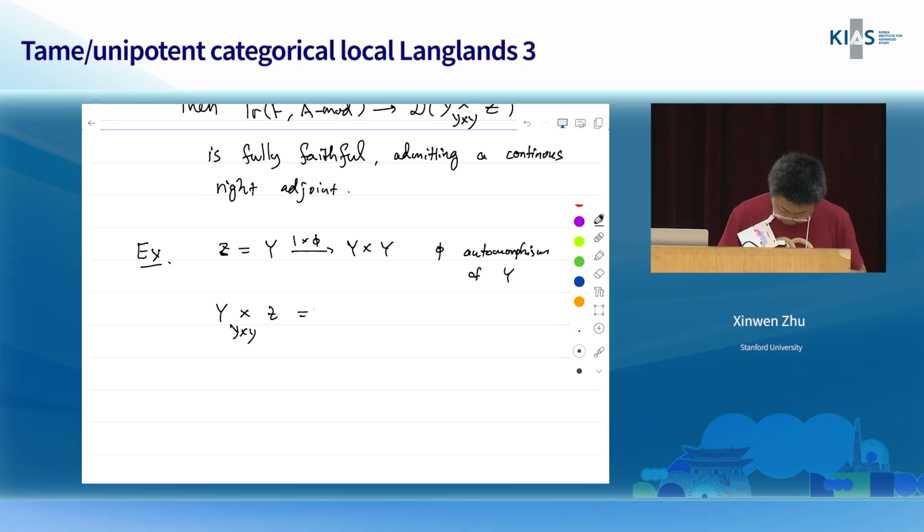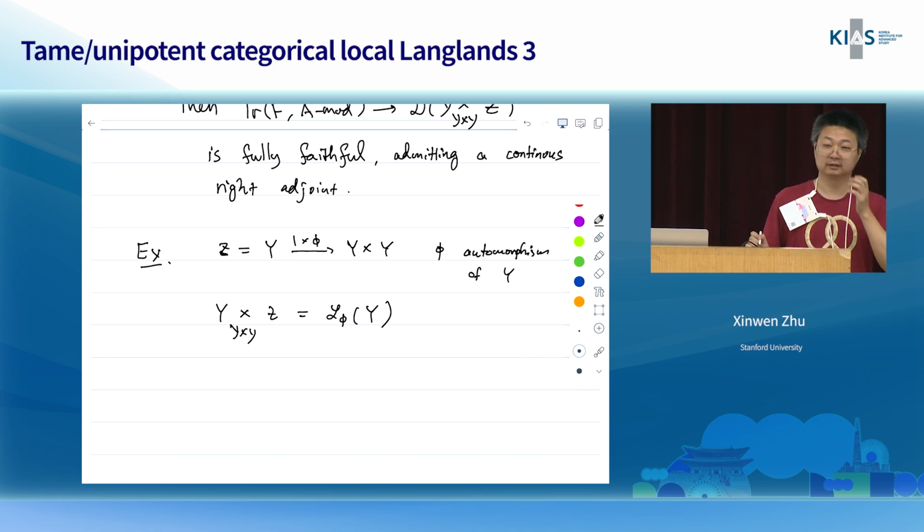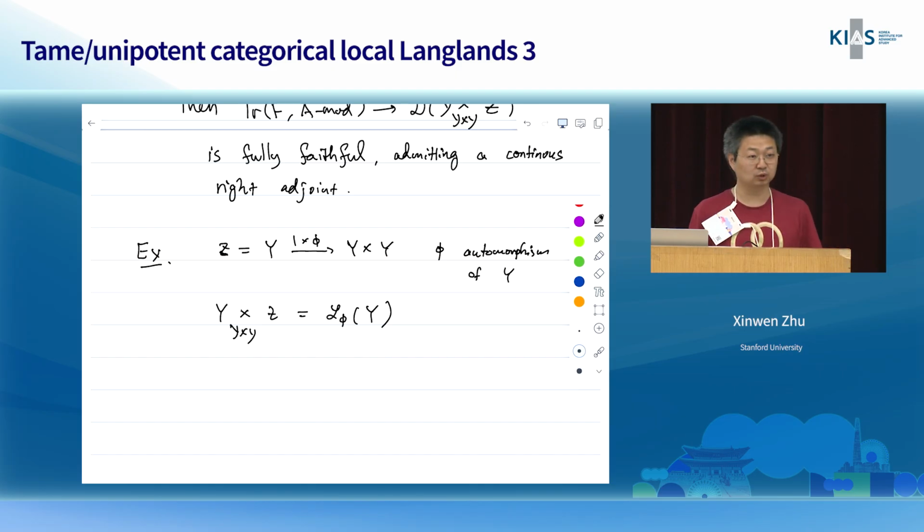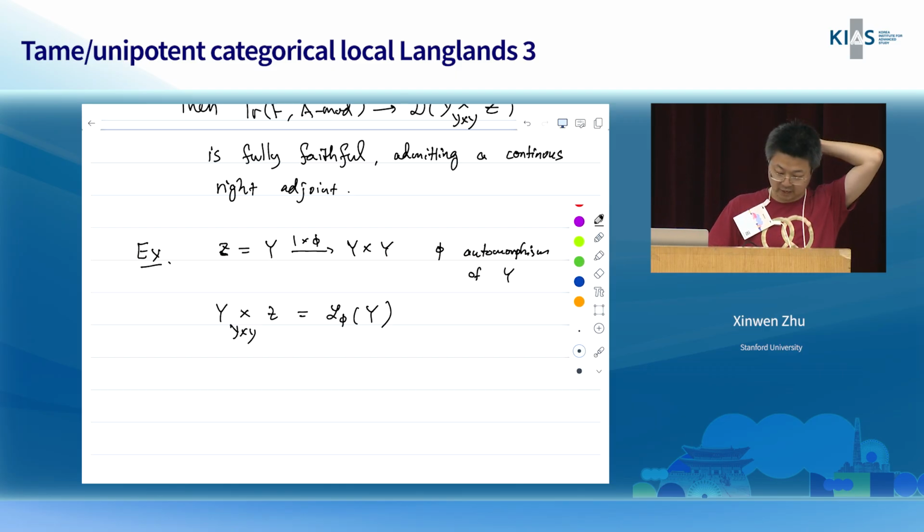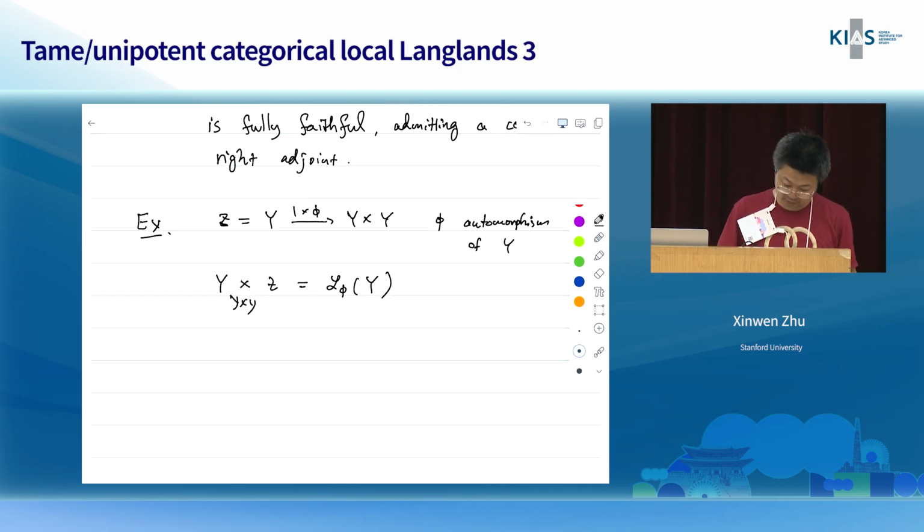Of Z. So this was actually already discussed before. This is kind of the twisted loop space of Y. If phi is also the identity map, that's literally the loop space of Y, which I think was mentioned last week. So this is a twisted loop space. A more special case is